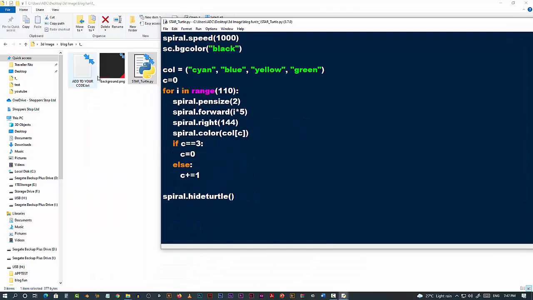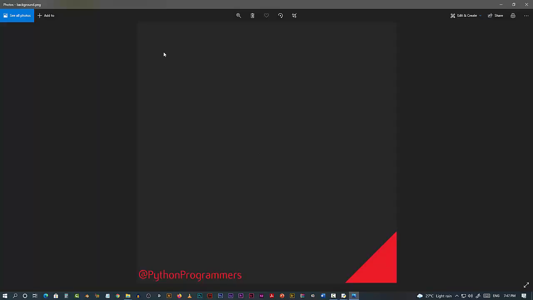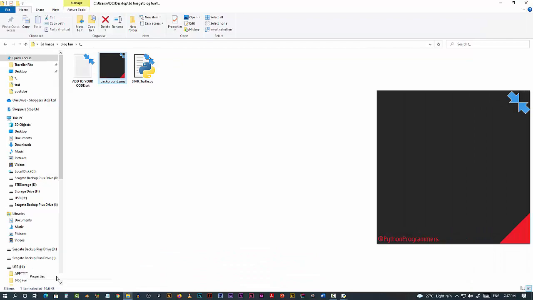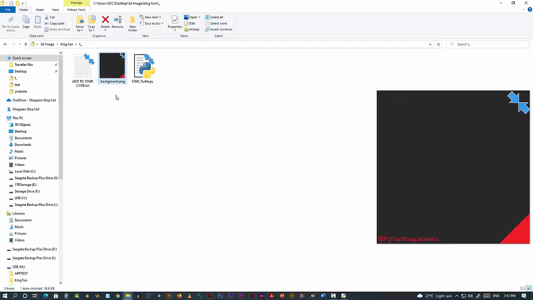So we have done the Ghostscript thing. I'm using a sample background. This is a background, empty, there is nothing, and the size of this will be somewhere around 356 by 356.